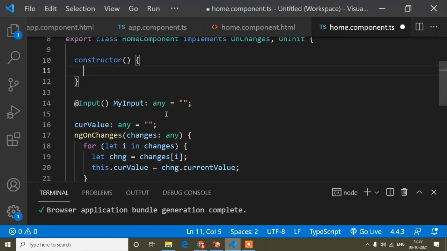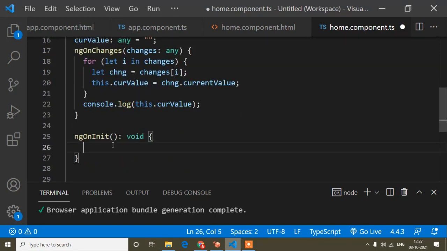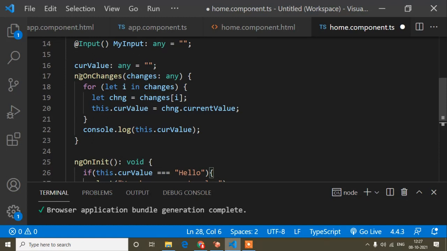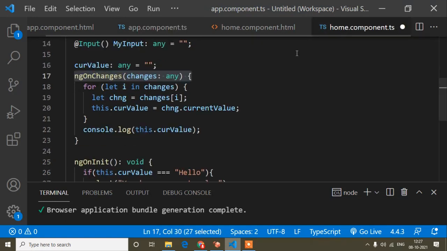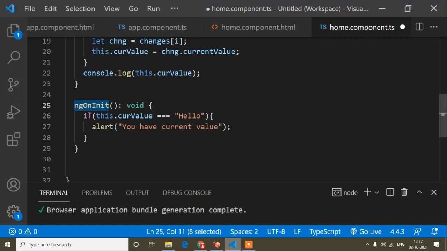But when I show this alert in ngOnInit, first ngOnChanges will be called and it will find the current value is hello. After that, when it comes to ngOnInit, the condition is matched and it will show the alert message.